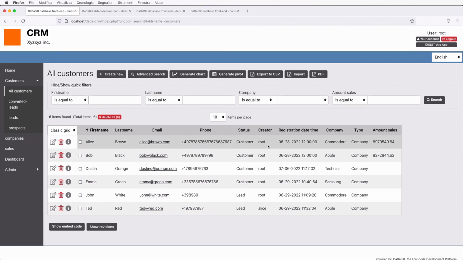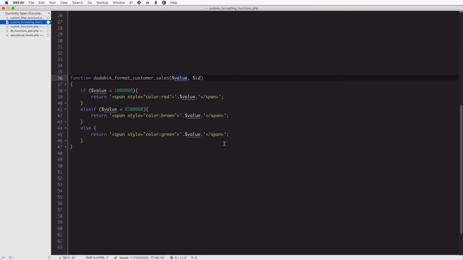So the value of the primary key of the record or the unique field. So here, this was the input, and we have to return, so the output of the function is the string we want to use to represent that value.